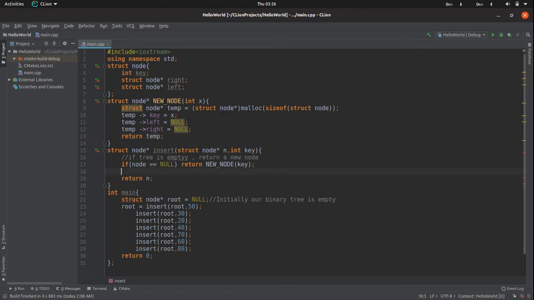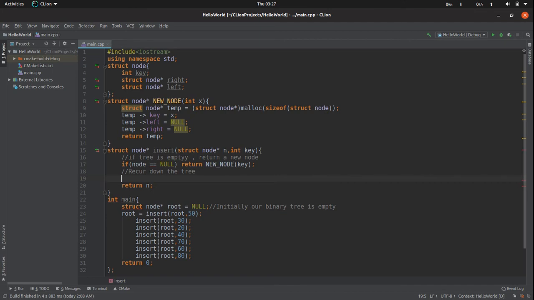So this is how our newNode function will look like, and it will work only if our tree is empty. So the second thing that we will have to do here is to write our first check statement. If our tree is not empty, we are just going to recur down the tree, and we know that we will use recursion in combination with the if statement, and inside the if statement we will check if the value of key is less than the value of node's key,